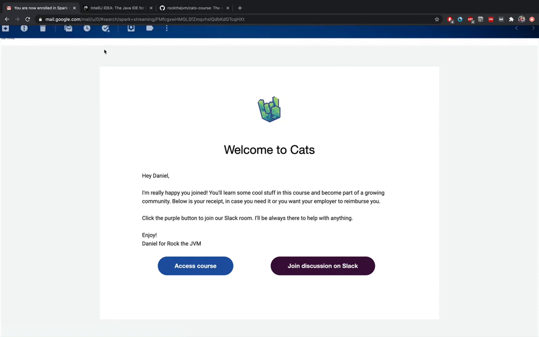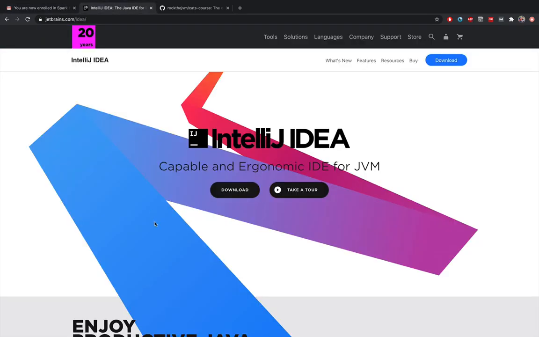The second thing that I'm going to ask you to do, which I'm pretty sure you have already done, is go to jetbrains.com/idea and install IntelliJ IDEA, the development environment for Java and Scala. I'm expecting that you're already a very well-versed Scala programmer, so I'm pretty sure you have this already installed, but just in case some pandemic or a solar flare wiped out your IntelliJ IDEA from your computer, just go to